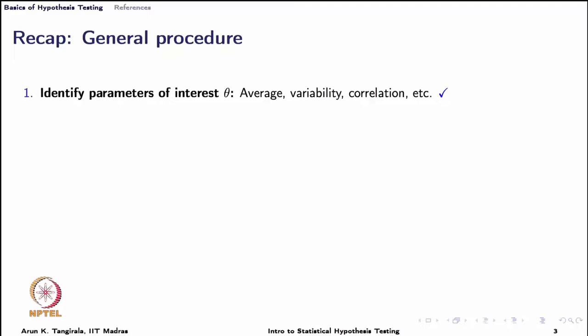To recap the general procedure that we learnt in the motivation lecture, the first step in any hypothesis testing problem is to identify the parameters of interest, the parameters that we really want to test.